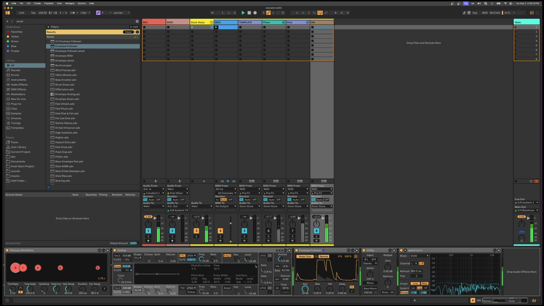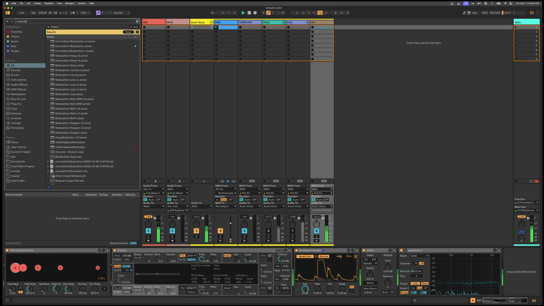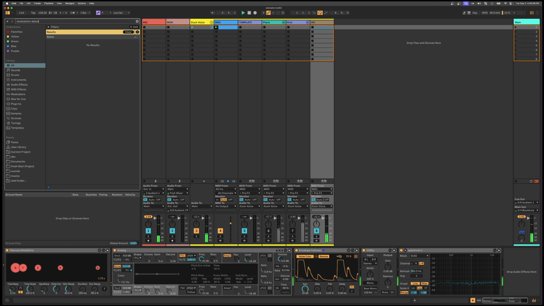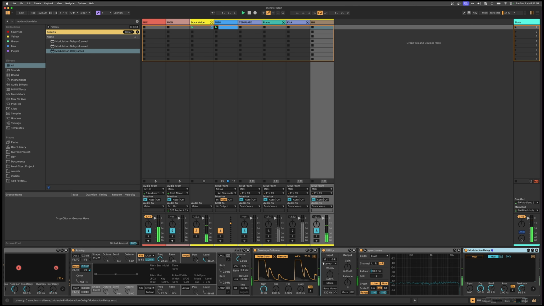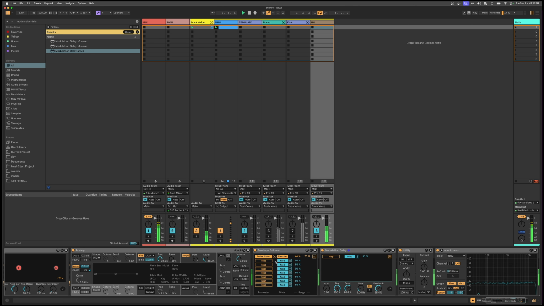There's kind of an interesting feedback between this. Let's use the modulation delay. This is another device that I made. What this one does, it's an echo effect for modulation. So we could map this envelope follower to the input of modulation delay. And what that's going to do, let me shift it to like eighth notes here. The orange line is the input, and the blue line is the output signal. And so you can see when we get a spike in that input, that'll create a series of echoes in